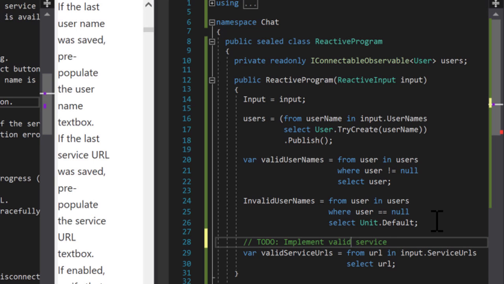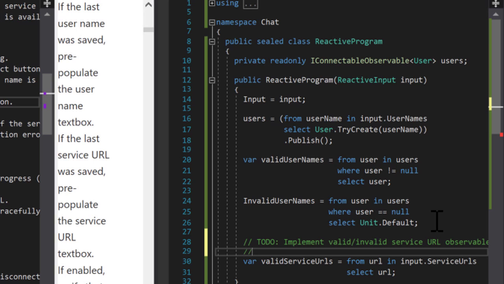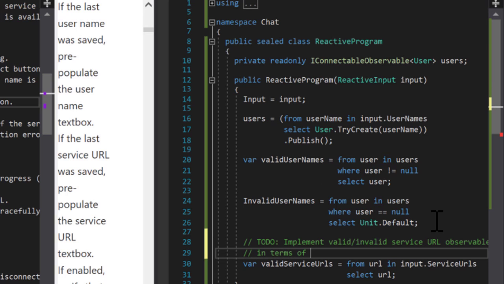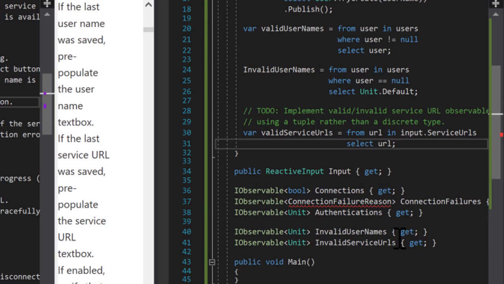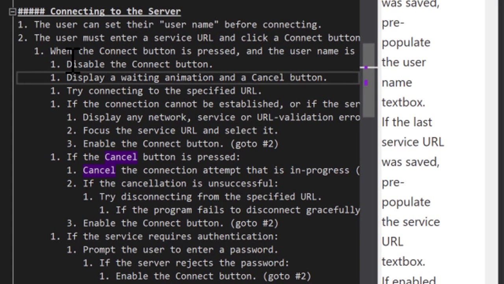Let's say implement valid observables in terms of, let's say, using a tuple. I think that's a pretty good one. It's pretty simple though. So if you're bored with that one, or if you just think it's too easy, then how about you could also try,